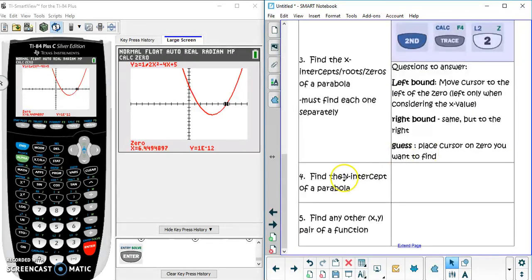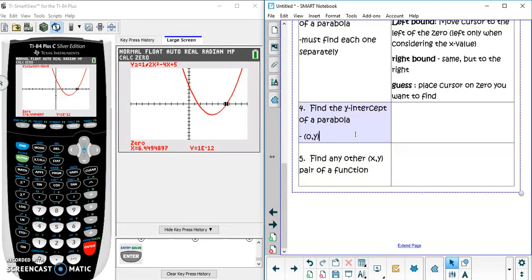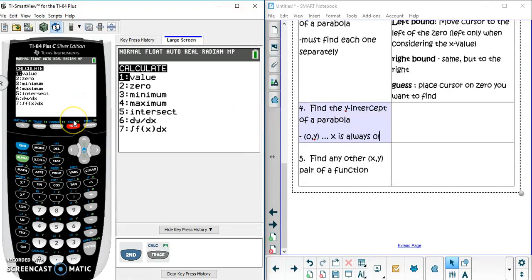Next thing we're going to do is find the y-intercept of a parabola. Now, what's really easy about the y-intercept of the parabola, we know it's always the point 0, y. In other words, x is always 0. So on our calculator, what we're going to do, if you haven't seen this pattern yet, we're going to go back to this second tracer, the calculate menu. But what we can do now is we can tell our calculator a value for x, and it'll just tell us the y value. So if I choose option 1,